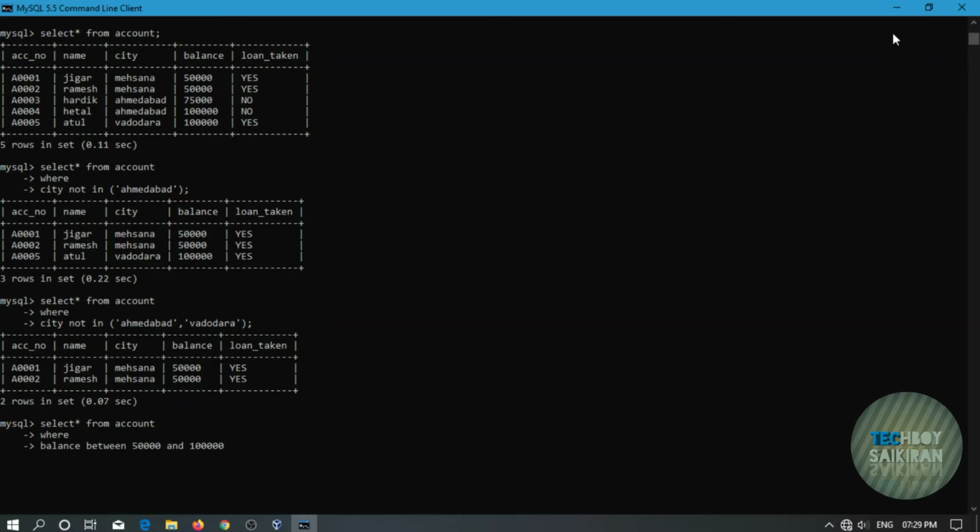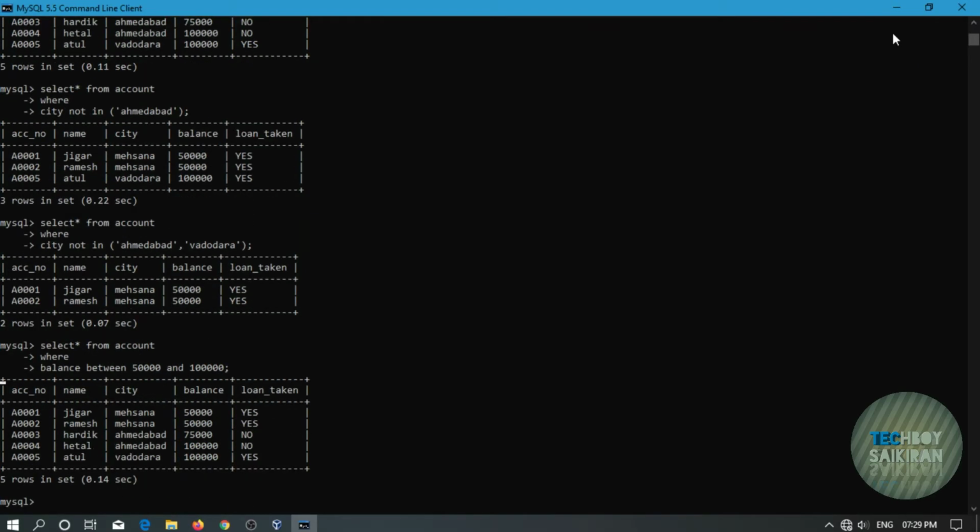You would see the table which shows all the values, that is, where the balance is between 50,000 and 1 lakh, including 50,000 and including 1 lakh also. So this is the output of between. So let's perform a balance not between. Okay, just type